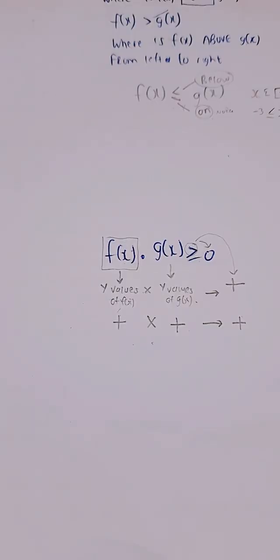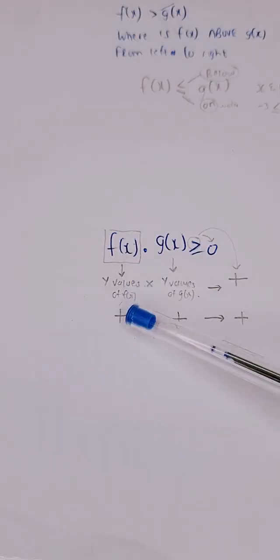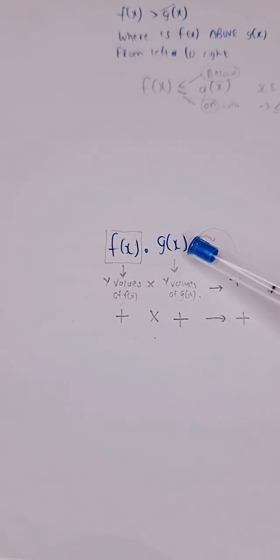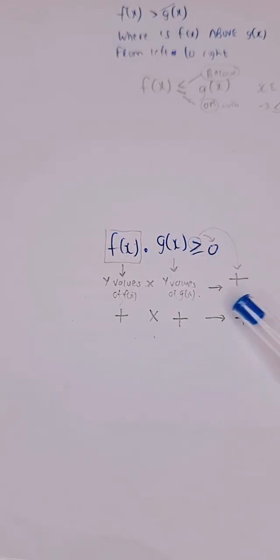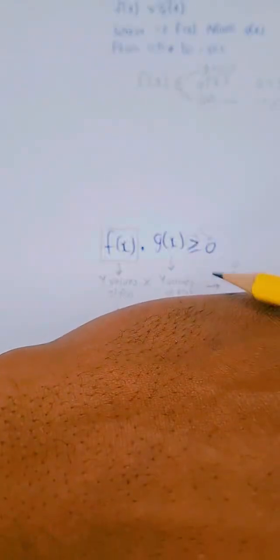A positive. So if I am to see a y value of f which is positive and a y value of g which is positive, it means that the result will be positive, which is what I want, because greater than 0 is to apply that exactly. Right? So guys, which in essence is saying, had the question said less than 0 instead of greater than 0,